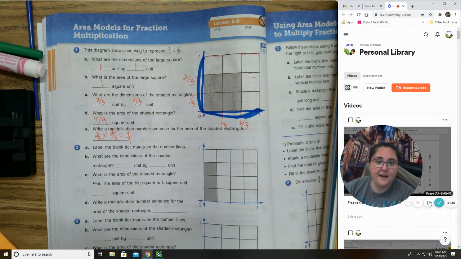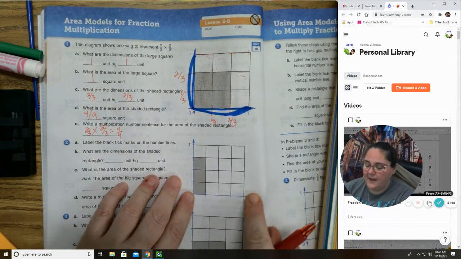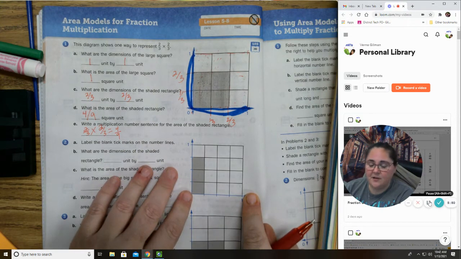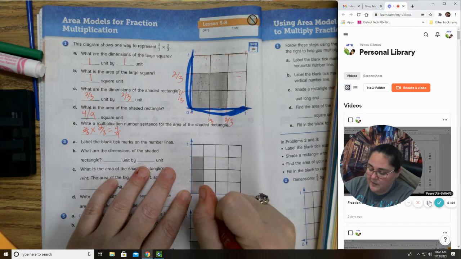When you take your Unit 5 assessment, you will have to figure out what the fraction is, label it, and all of that stuff. So make sure you're paying attention to this, okay? So the first thing, I'm going to label the tick marks. Between 0 and 1, how many pieces are there? 1, 2, 3, 4. So that means this would be 1/4,